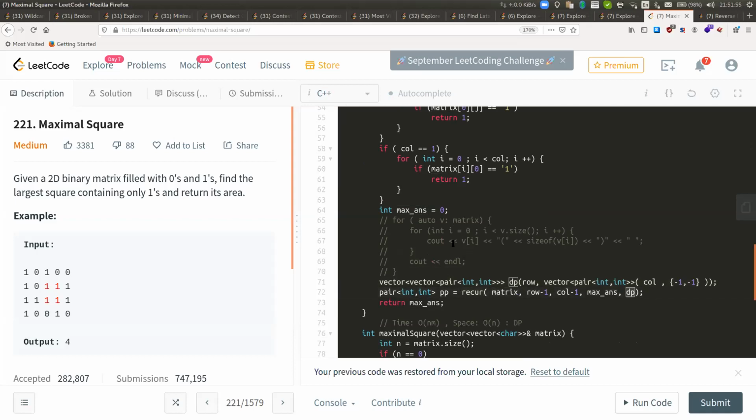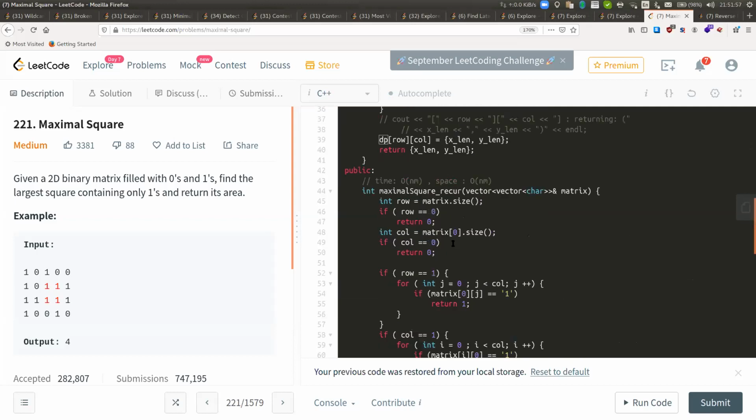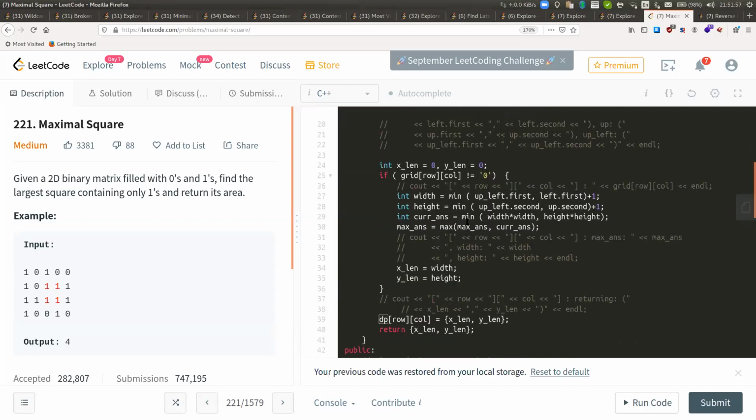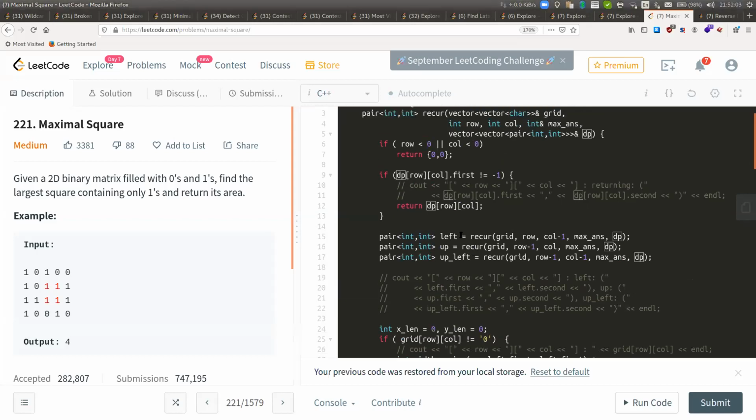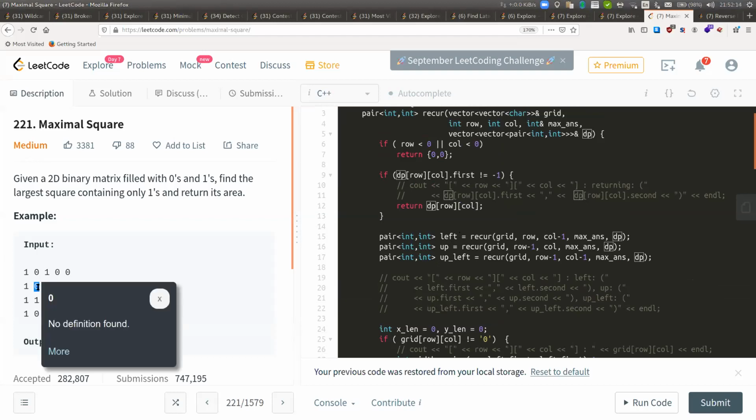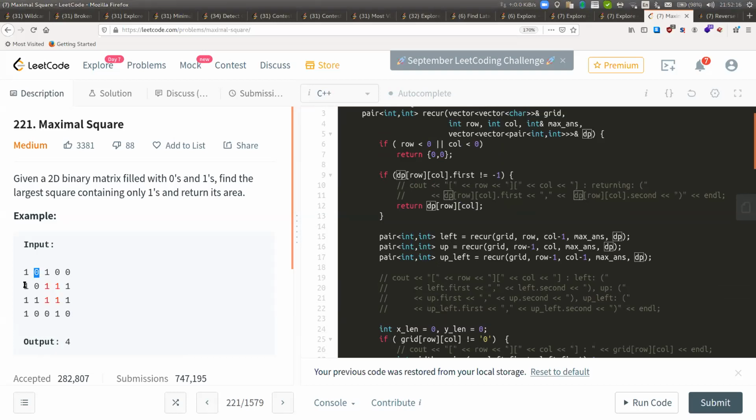This is my DP. So what I'm doing in this recur function is calling recursion on my left side, on my up. So let's say if you can see on the example on the left side, if I'm on this zero, I'll be calling DP on this, and on this. And from these three, what I'm getting is their height and their width.